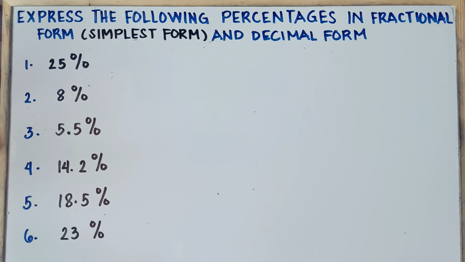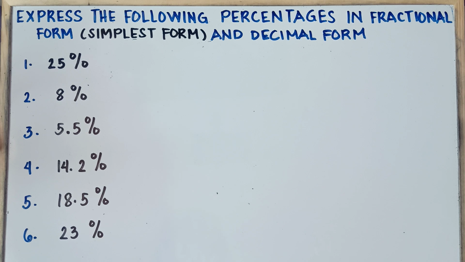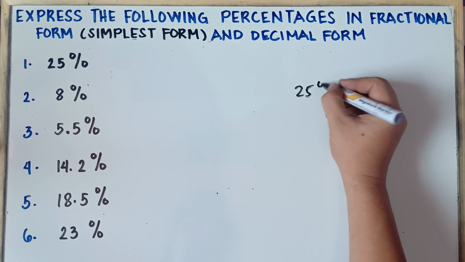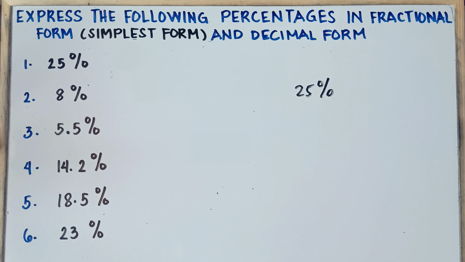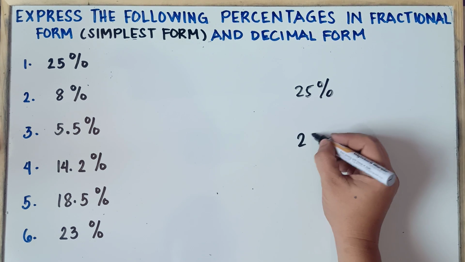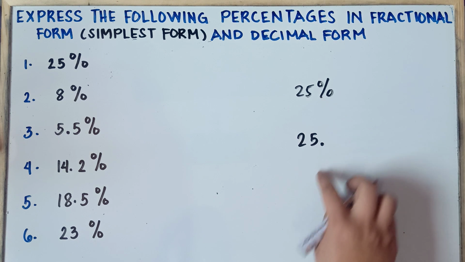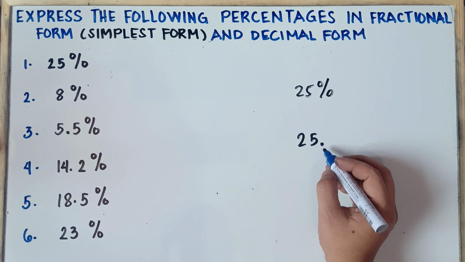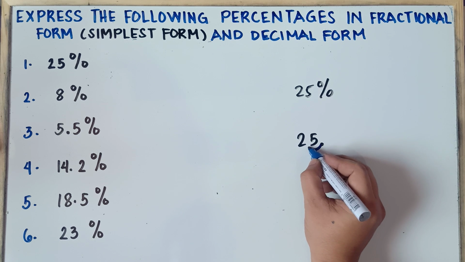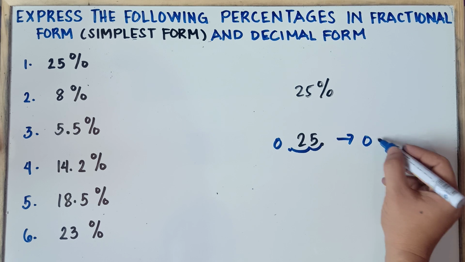Alright, so let's focus first on converting percentages to fractional form and decimal form. Let's start with example number 1, class. For number 1, we are given 25%. Now to convert percent into decimal, just simply move the decimal point right to left twice. Of course, we know that for a whole number, the decimal point is always after the whole number. So to convert this 25% into decimal form, just move the decimal point right to left twice. 1, then 2, and then you put 0. Therefore, class, the answer is 0.25.